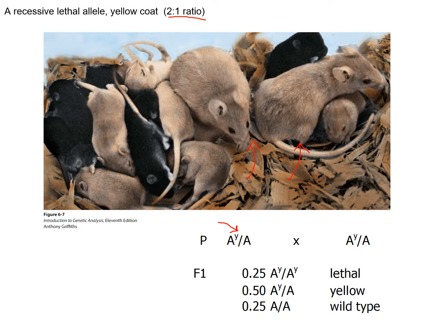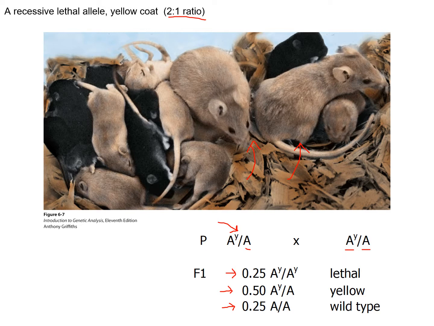So we have an individual that's heterozygous that has 1 copy of the yellow allele and then 1 copy of the black allele, times an individual that has 1 copy of the yellow allele and 1 copy of the black allele. And we end up with this normal Punnett square where we have 25% of the offspring that are homozygous for the yellow allele,